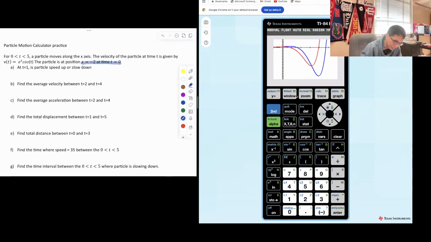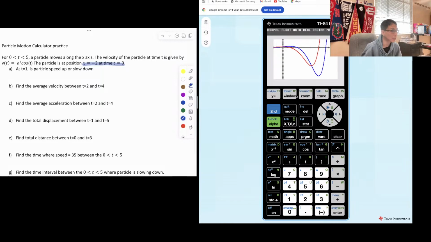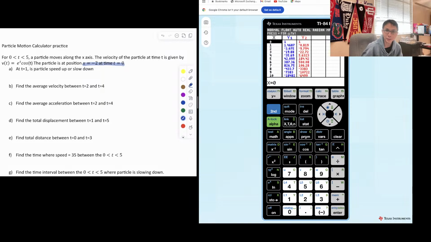So first I'm gonna find t equal to 1. The quickest way is to actually use the table. So it'll be second table and you're done. Do you see these 2 values there? They're presented simultaneously, but you cannot just say they're both positive and negative. You actually write down the evidence. What do you mean by evidence? If you don't write it down like this, then they won't give you the point, because you cannot just say they're positive and negative. No, you have to write down v of 1 is equal to